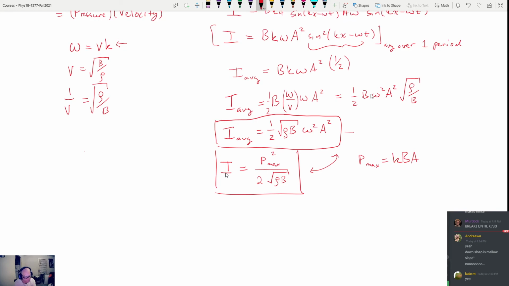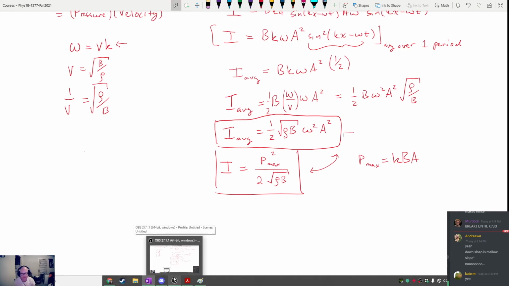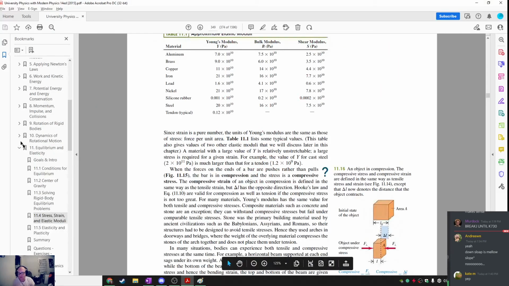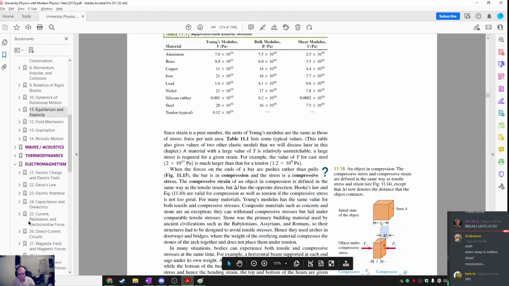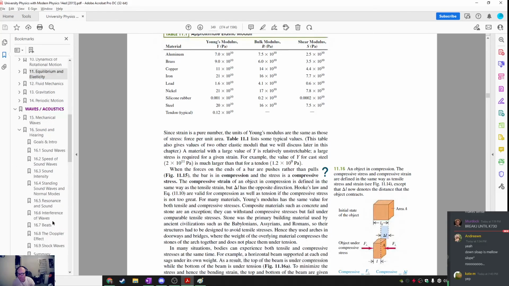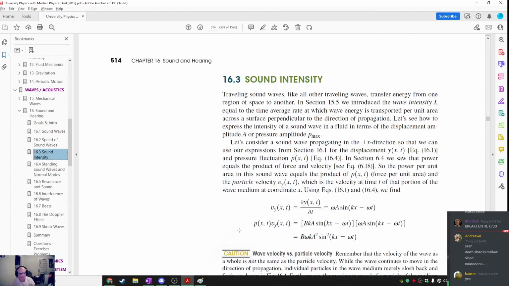Okay, so let's do one of these problems. Oh yeah, we've got plenty of time. So I'm just going to go ahead and pull up the problem and copy paste it in here. So we are on sound intensity,